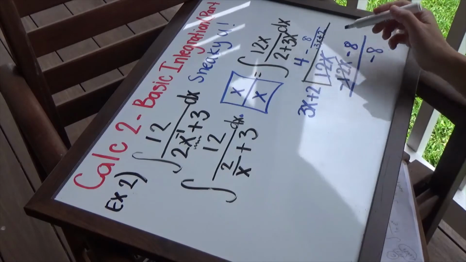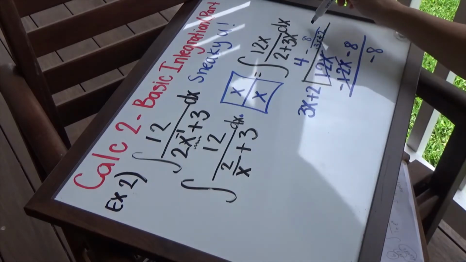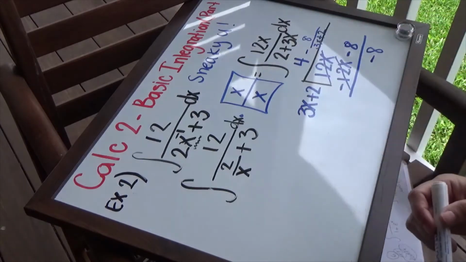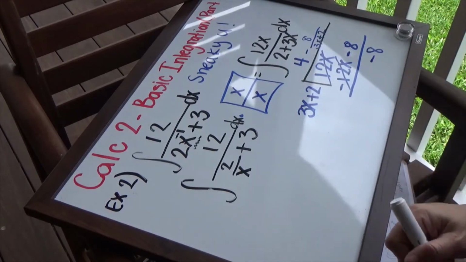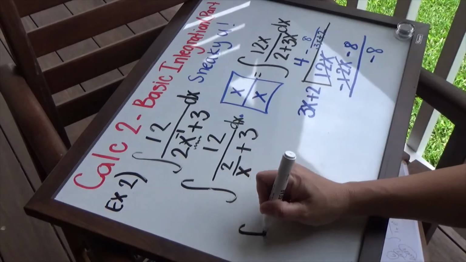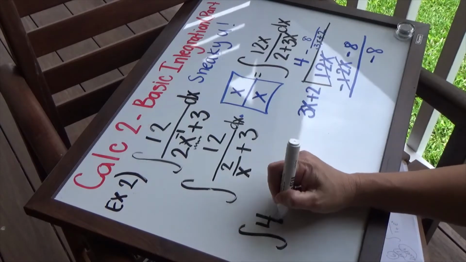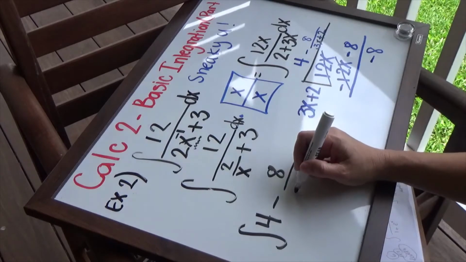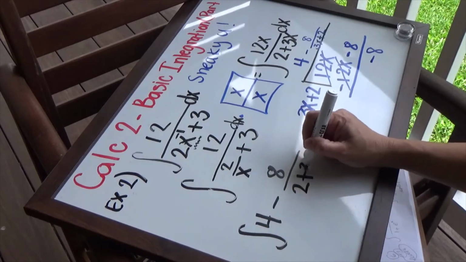That is the thing that is going to replace this part right here. Okay, so our problem then becomes the integral of 4 minus 8 over 2 plus 3x